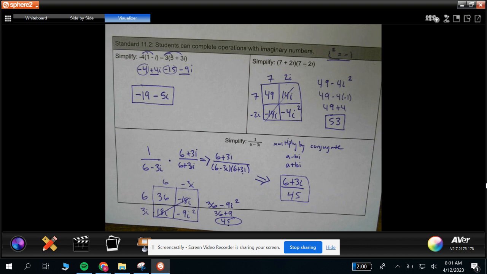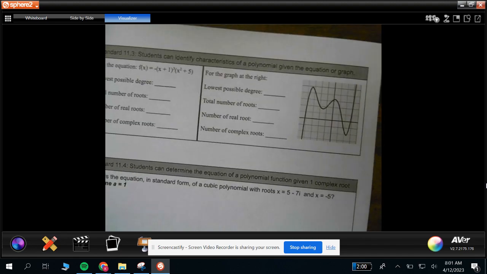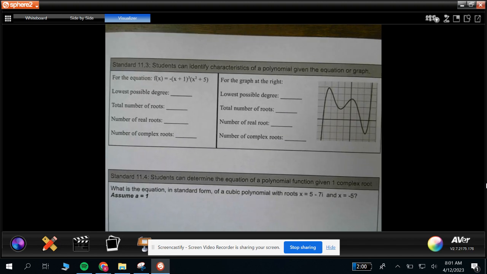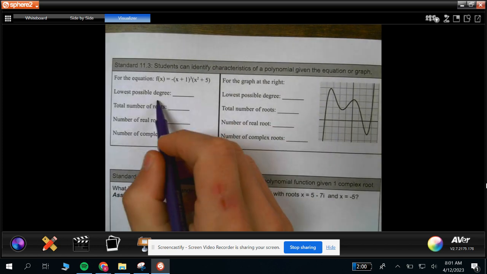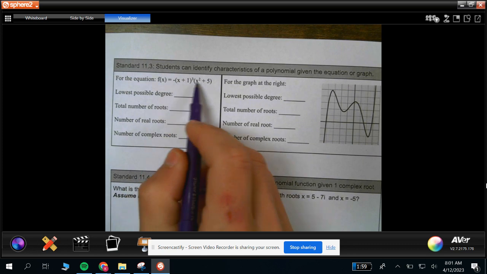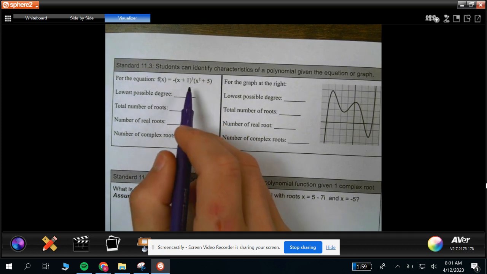All right. So that's the front side, standards 11.1, 11.2. Let's move on. For 11.3, identifying characteristics of a polynomial given an equation or graph. So for the equation, lowest possible degree, this is in factored form. So we have to think about if everything was multiplied out, what would be the highest degree, highest power of